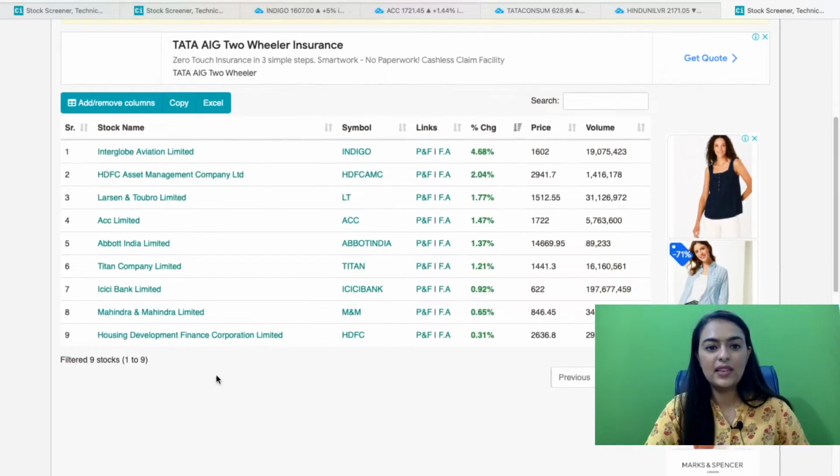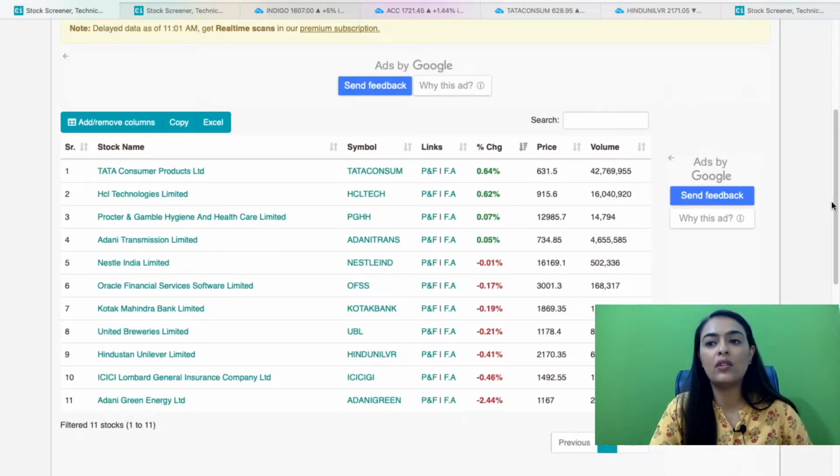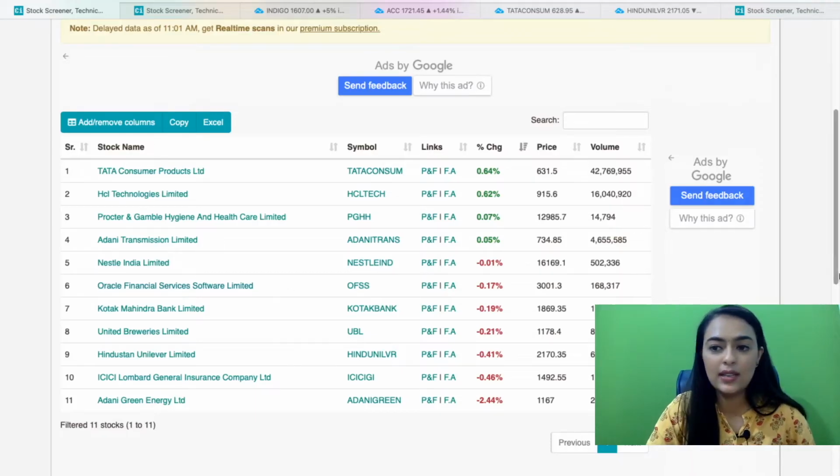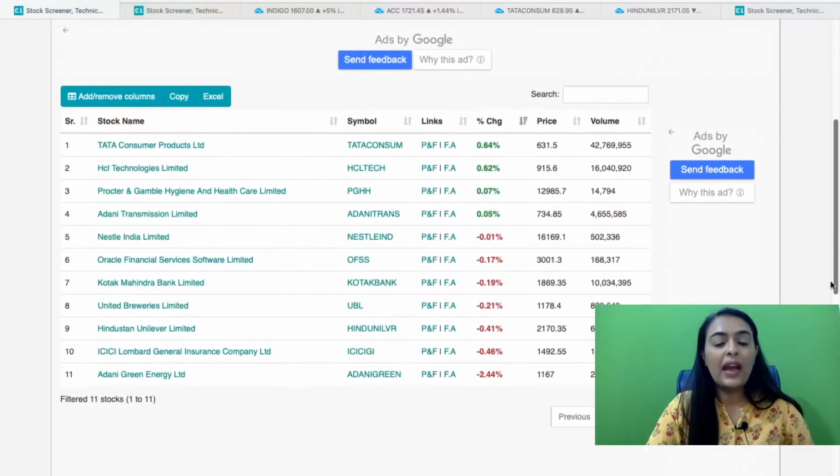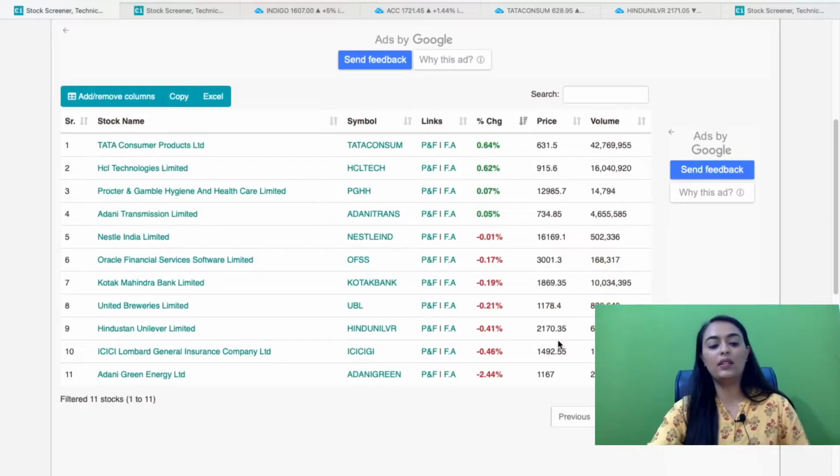Here we can see a list of stocks which have open equals low. We look for buying opportunities in these stocks, and I've also made another scan already for open equals high. This indicates bearishness in these stocks, and we have to look for shorting opportunities in them. We have to make this scan at 9:15, as soon as the market opens. So this is going to be an early morning trade.